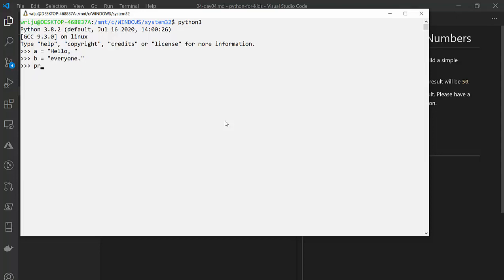Now if I just print a and print b, you can see that they are individually printed. Now I want to print them together because I want to say hello everyone. So if I want to do that, what I can do is a plus b, and just like you have seen with integers, it adds two numbers, and with strings it will concatenate them, which means that it will print them